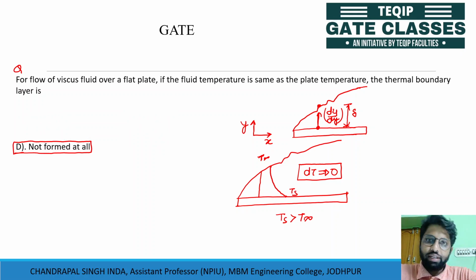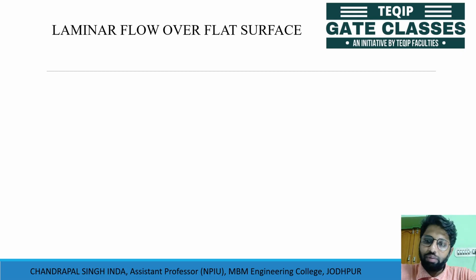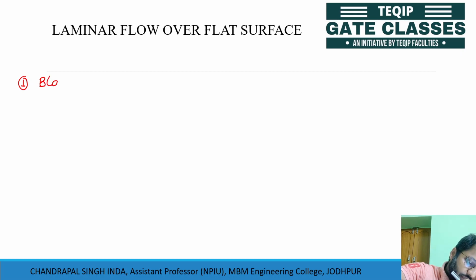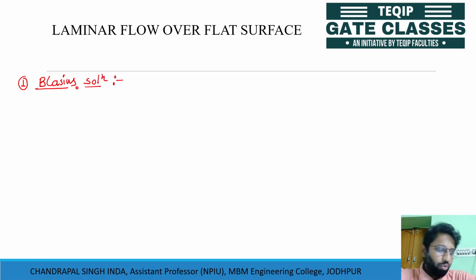Let's have the empirical relationships for laminar flow, in which the Reynolds number should be lesser than 5 into 10 to the power 5. First we have the empirical relationship given by Blasius, the Blasius solution. For the convection topic, the results of the boundary layer problems are important. I am not going into the mathematical analysis of the boundary layer problems, as that is not important for the convection topic, but the result is important, so I am directly writing the result.